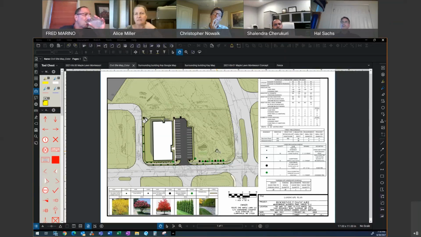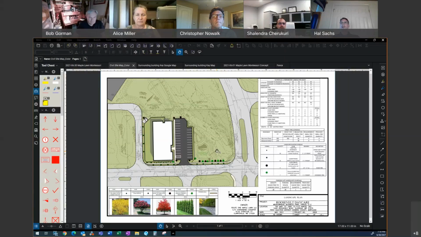So go ahead. The biggest constraint down here at the bottom is the environmental buffers. That's basically why we're constrained from developing about a third of the site. And with this site, there obviously will be plantings required, and all the plantings would be native plantings and provide some color to the site in both fall and summer.